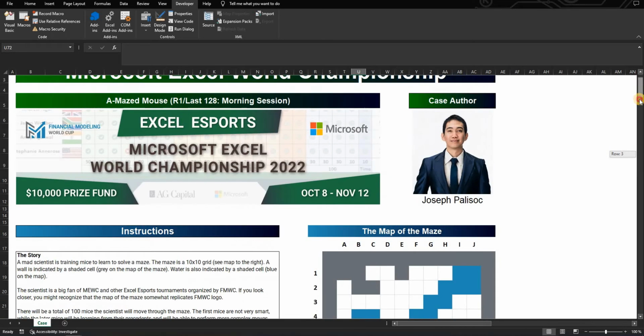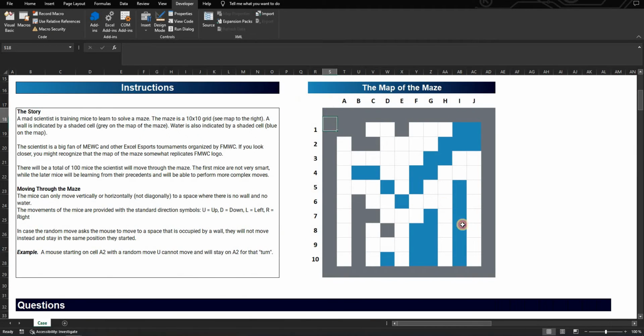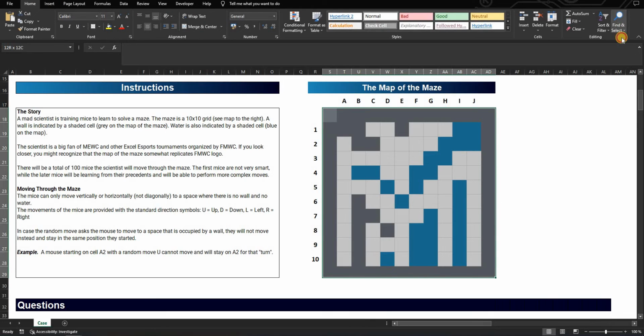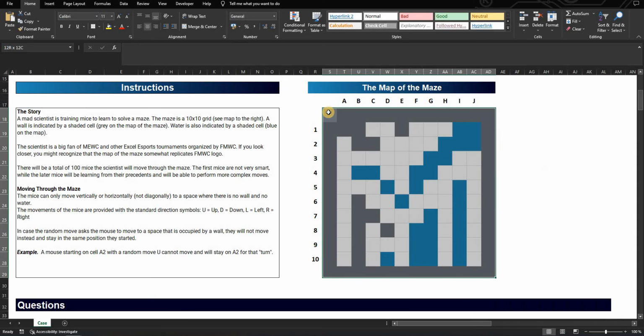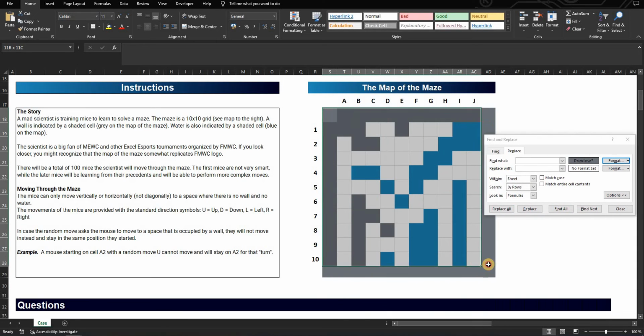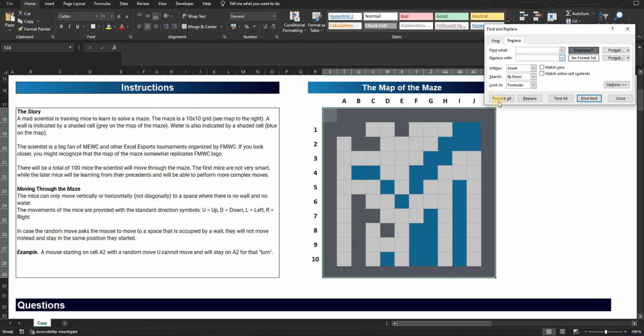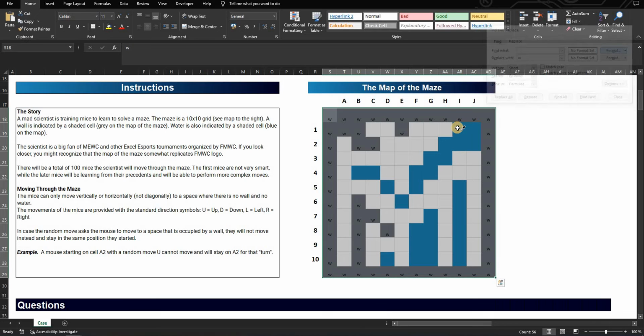But what I need to do too is to fill the walls and the water with a letter, so I will know it's not empty. So what I'll do is select this, go to replace. I will search this format, and I'll say I want a W in it. Now I would like to do this for the water too,